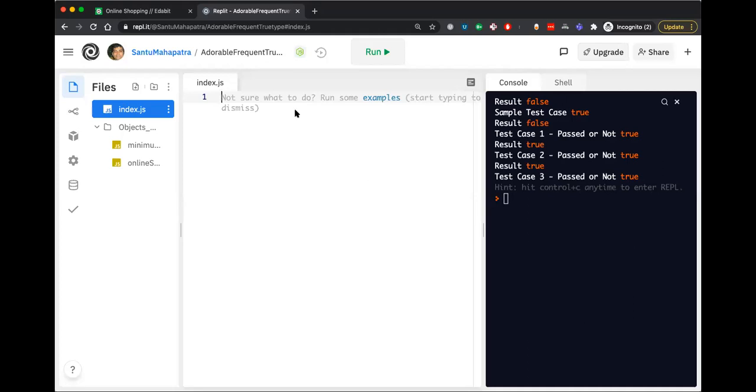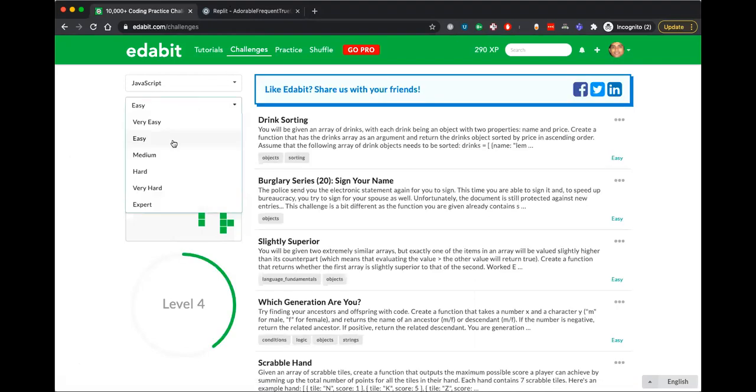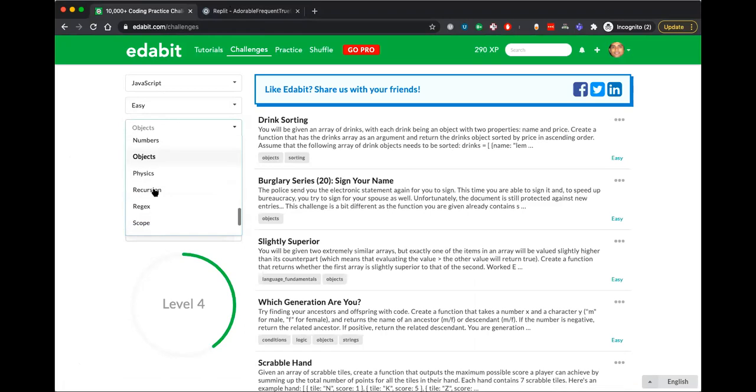We go to Adabit and we will just search for the problem here. We will solve the problem in Preplet. So I go to challenges. I pick easy, and instead of objects, I will pick arrays.